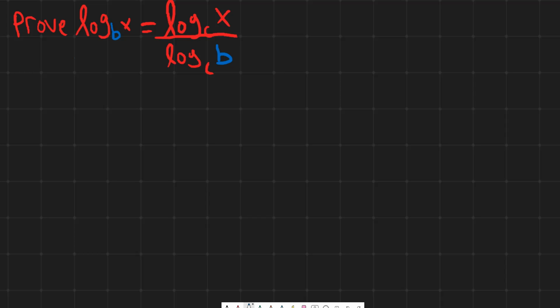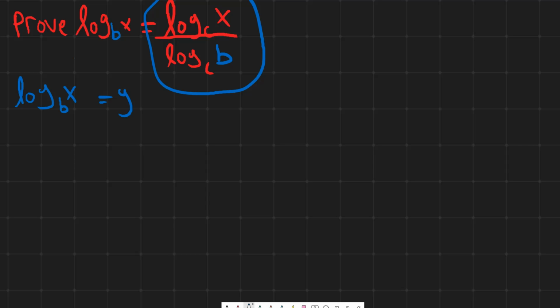First thing we want to notice is that we're a little bit all over. So if we want to set forth a proposition that may get us to naturally come up with this solution, the first thing to do is to say, what if we said that log base b of x is equal to y? And if we can push y in the direction of equaling log base c of x divided